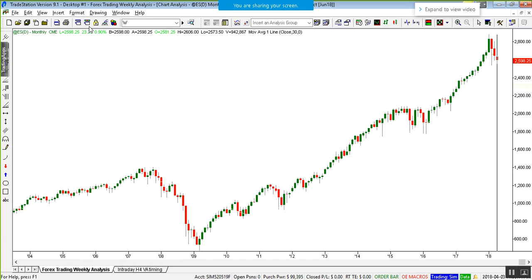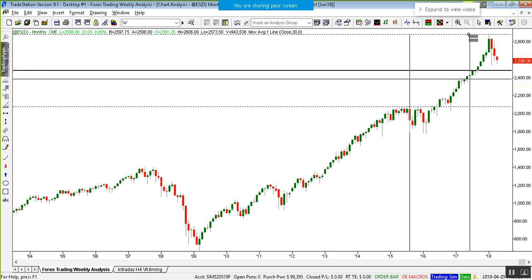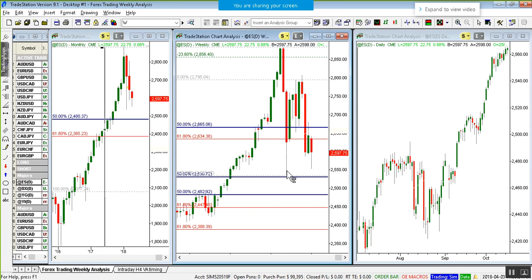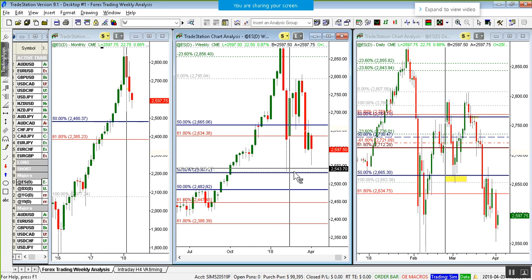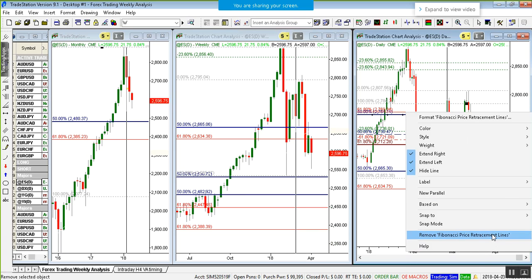The lower level comes from an extension from the highs in 2015-16 here. And that has not been tested yet. But before that level, there is the 25-30 here. Okay, so on the daily, what we are seeing